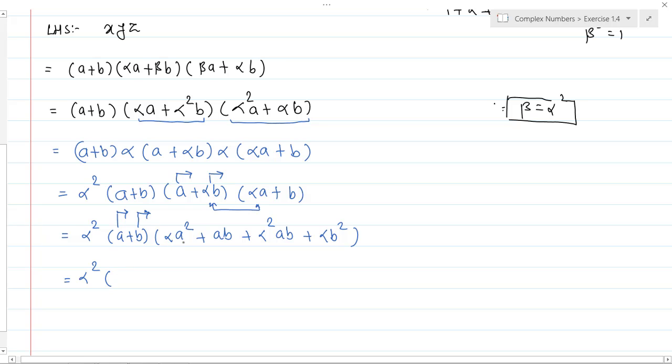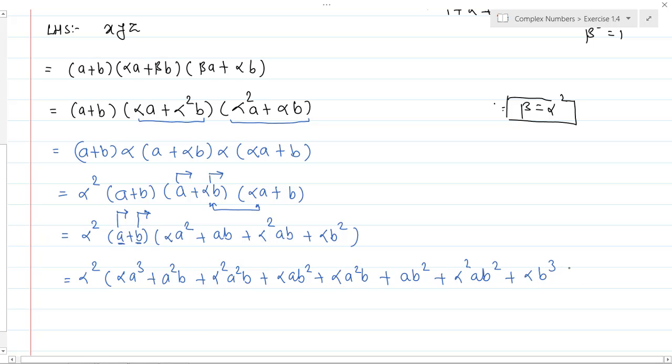So a into alpha a square becomes alpha a cube plus a into b into a becomes a square b. The third term will be alpha square a square b, then we have alpha a b square. ये हो गया multiplication with a. Now start with b. So it will be b into alpha a square, so it becomes alpha a square b plus a b square plus alpha square a b square plus alpha b cube. This is equals to,